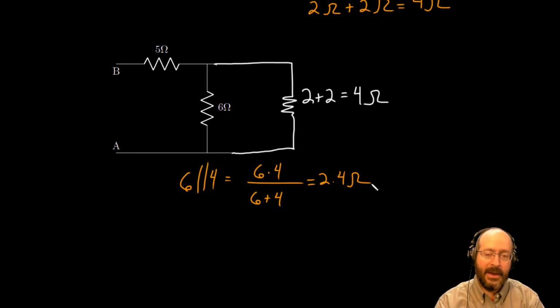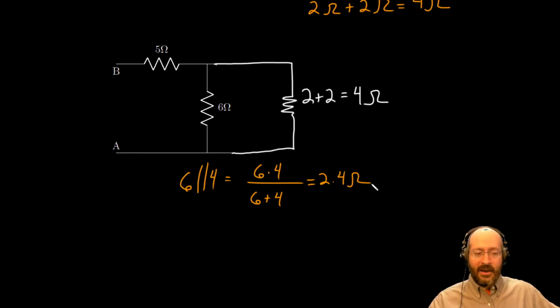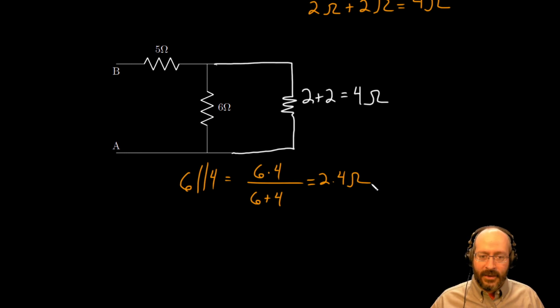All right. Anytime you combine two resistors in parallel, the equivalent resistance is always going to be lower than the smaller value. That's because you're adding an additional path for current to conduct. And anytime you create another road, you're going to make it easier for cars to drive down that road. Okay? It's not like you're going to create another road and magically there's going to be a lot more traffic,